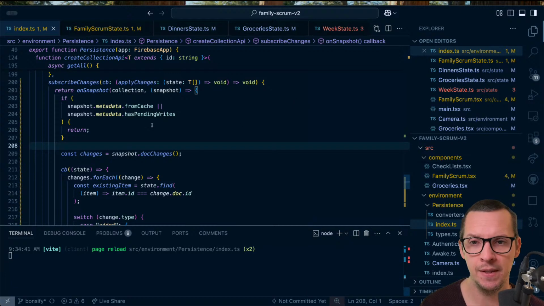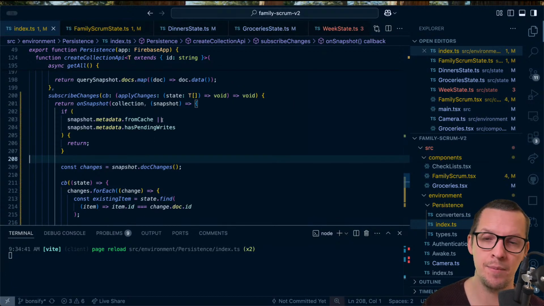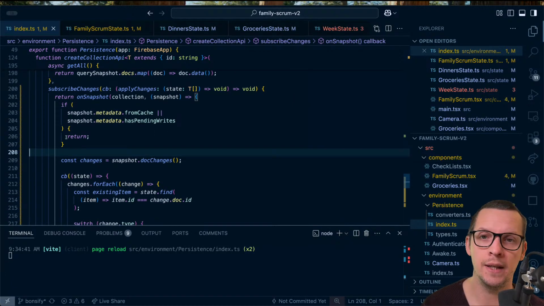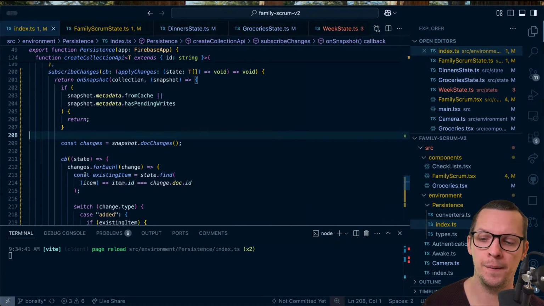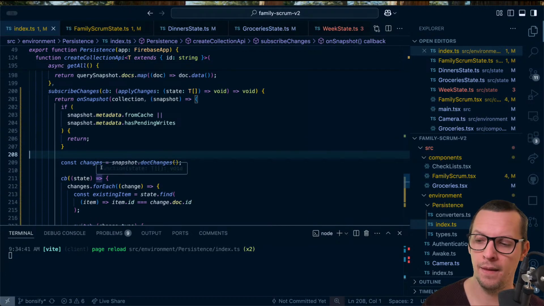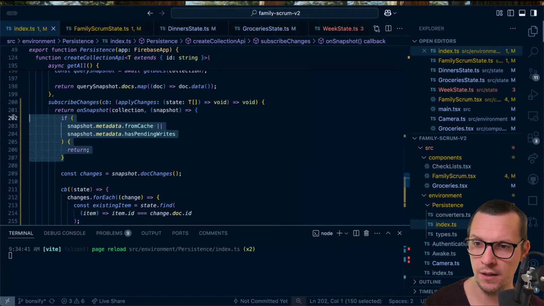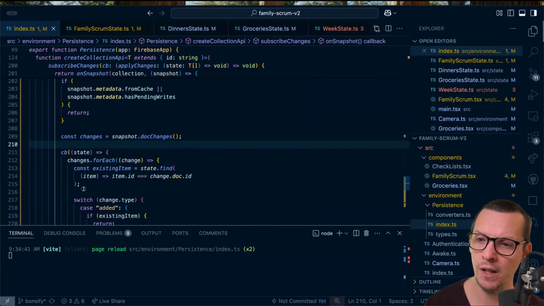And when we actually get the snapshot from the server, that's also going to be applied. So there's going to be a duplicate thing, but at least that duplicate is just going to update,